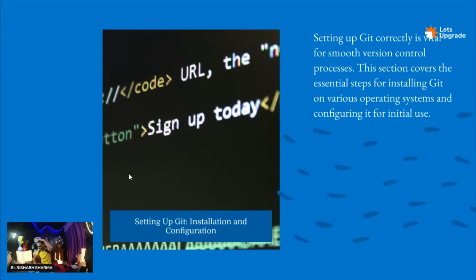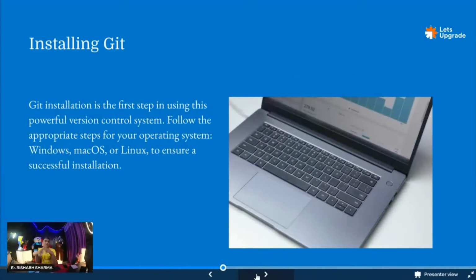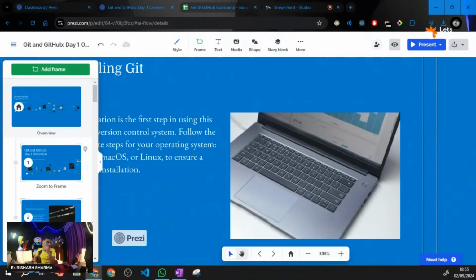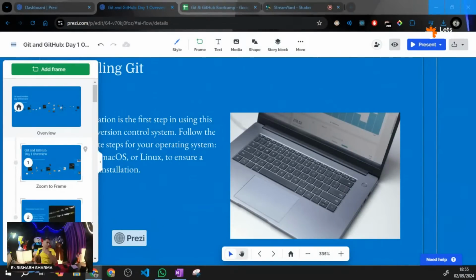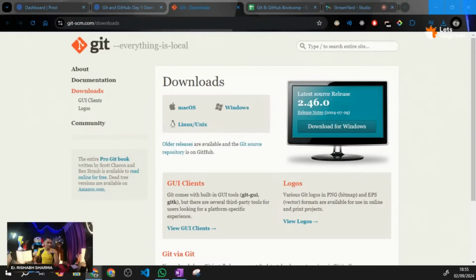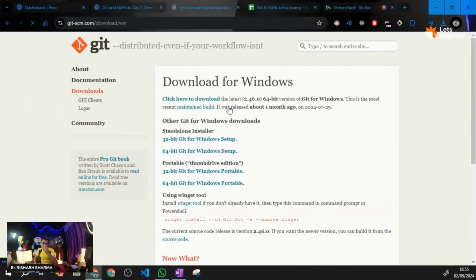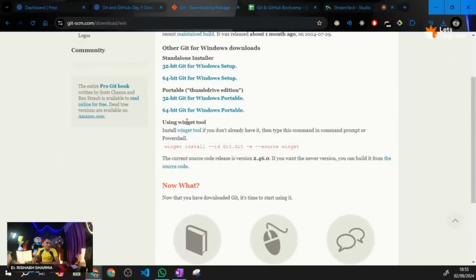प्रोजेक्ट गिट और गिटहब में प्रोजेक्ट कर लेंगे यार, पुश पुश करके दिखा देंगे, और तो क्या प्रोजेक्ट होगा गिट गिटहब में। ओके, या सो नाउ हाउ टू सेट अप this git and how to set up git in your laptop. Okay, git कैसे सेटअप करेंगे अपने लैपटॉप में, तो मैं फटाफट से, so for setting up the git, let us open this website. Okay, so this is the Git's official website. You can open this website, click on this windows, right? Click on this windows and you can download the Git.